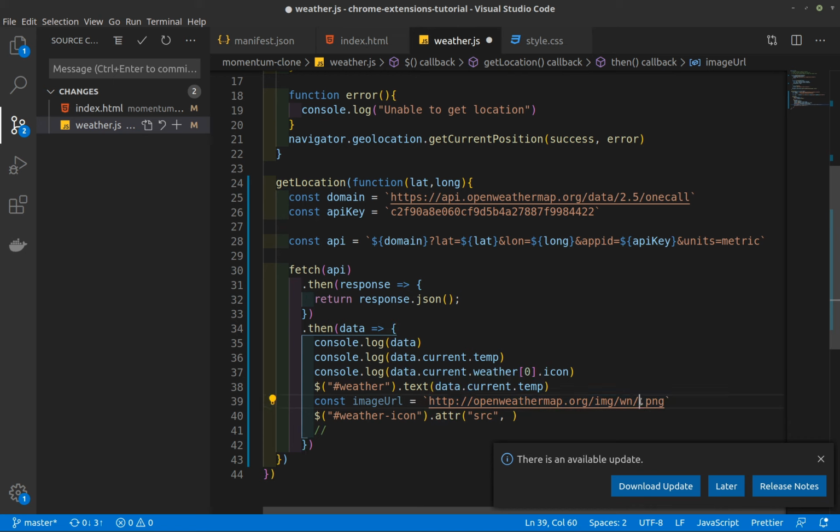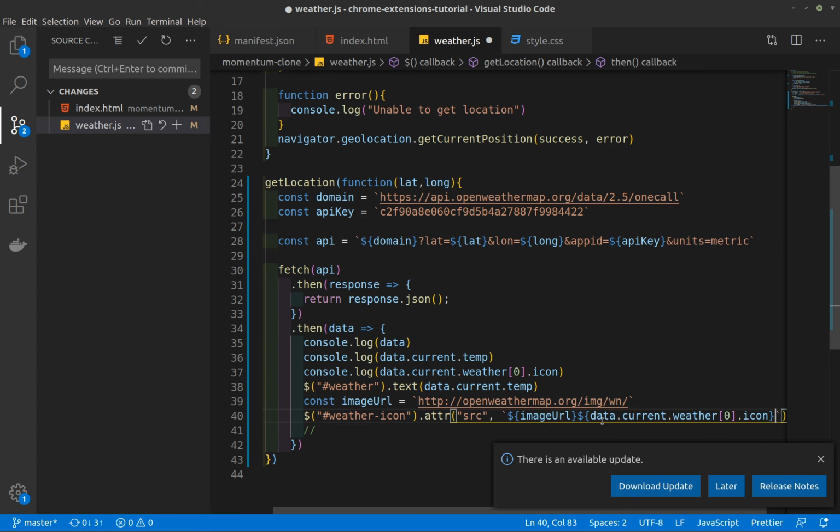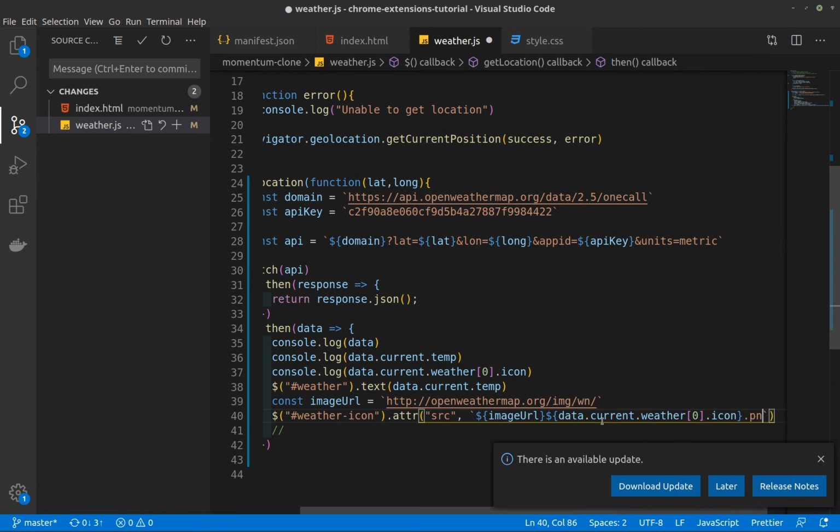We will replace this part with our icon here. Image URL, and then we need our icon. Then we need .png. Let's see if this works.